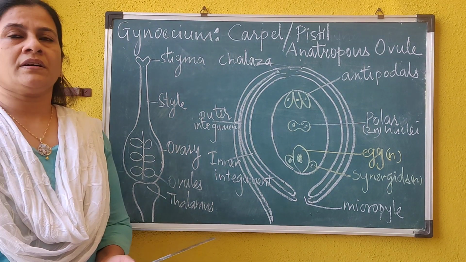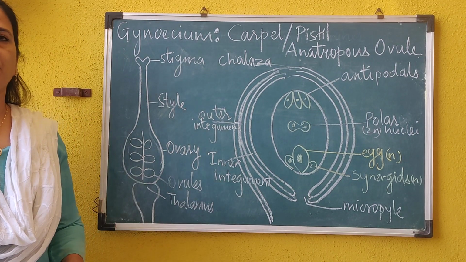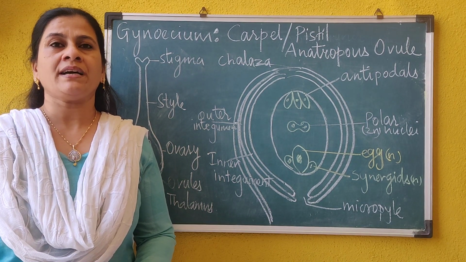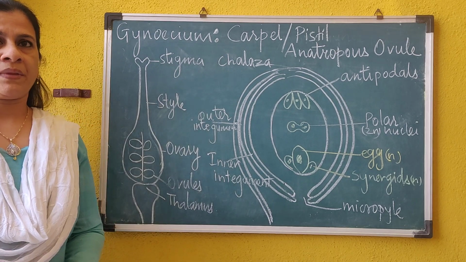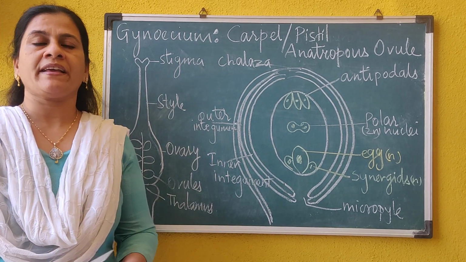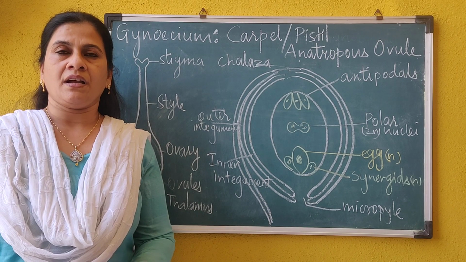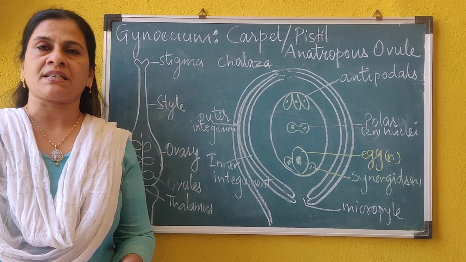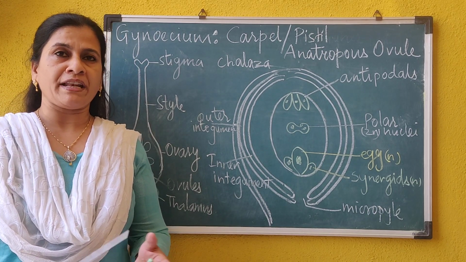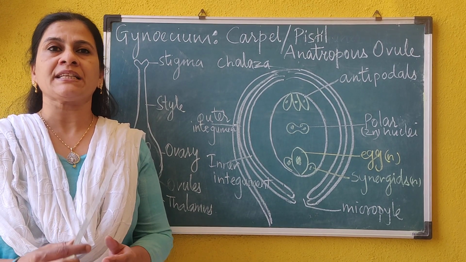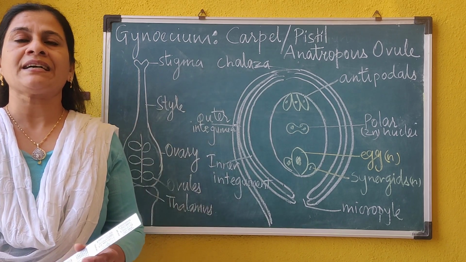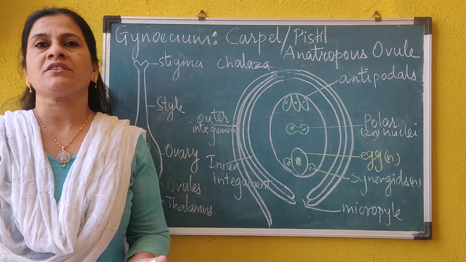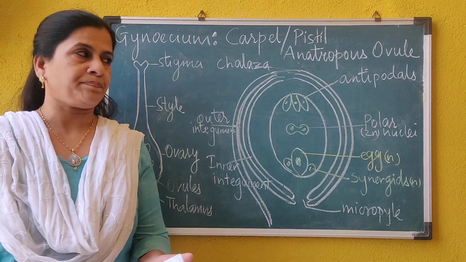A flower can have a single carpel, that is called as monocarpellary, or it can have many carpels called as polycarpellary. Carpels can be free or they can be fused or united. If there are many carpels and they are free, it is called as apocarpous condition. And if there are many carpels and they are fused and appearing single, then it is called as syncarpous condition, which is observed in hibiscus, while apocarpous condition is observed in Michelia.